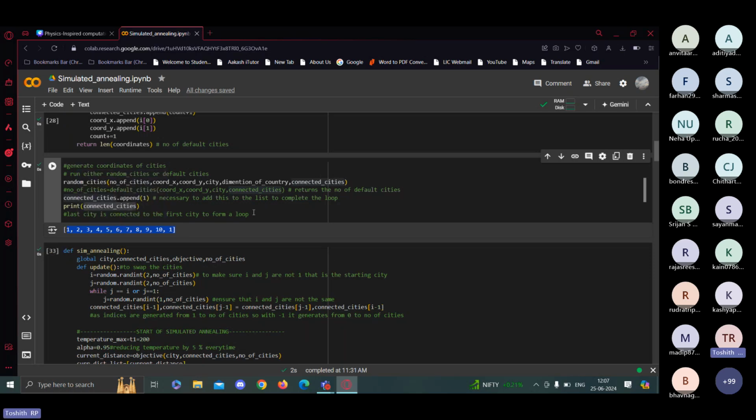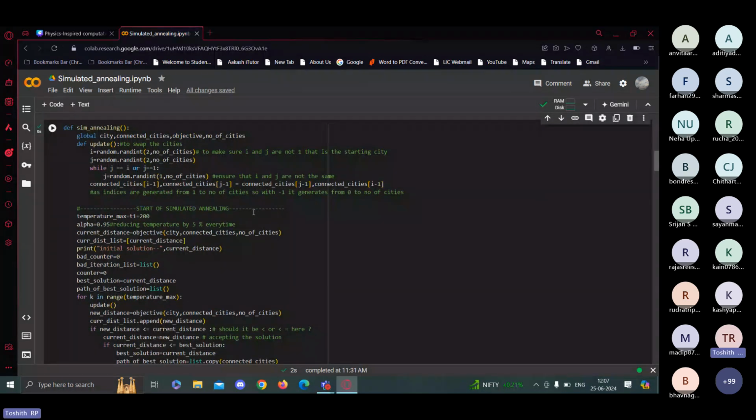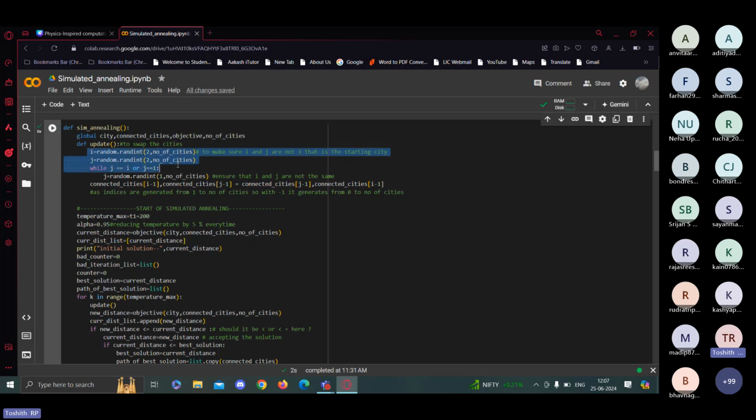Okay. So now we'll actually move on to simulated annealing. This is the perturbation function that I was talking about. What this basically does, it generates two indexes between these numbers, and then over here it randomly swaps the coordinates of the cities. As I explained, in my case it's swapping the coordinates of Mumbai and Chennai. So this is what happens here. I've just defined the function here. Now we'll start with simulated annealing.